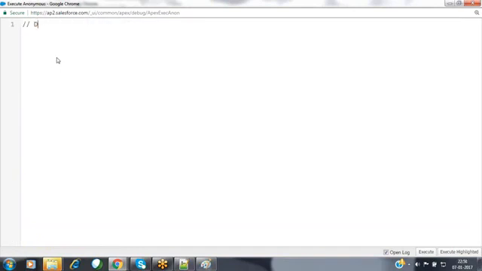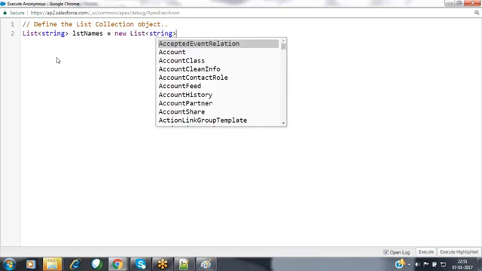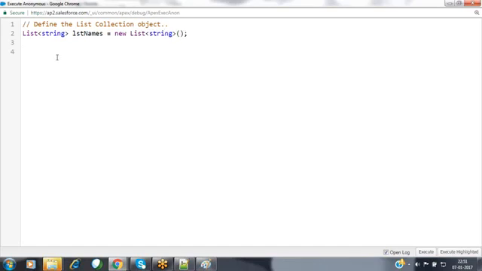We have to define the object of the collection here. Define the list collection class object. I'm creating that list collection here: list of string, lstNames equals new list of string. I have defined this list collection here.